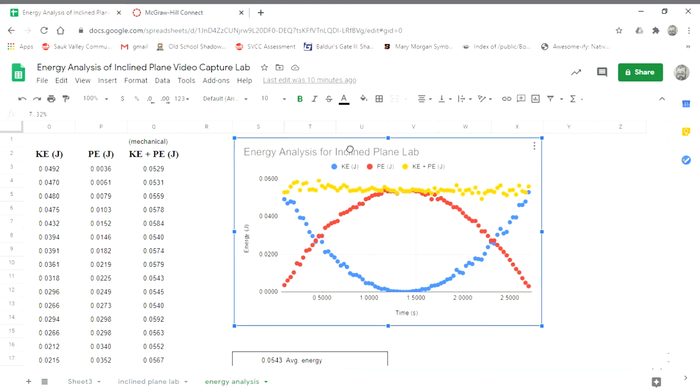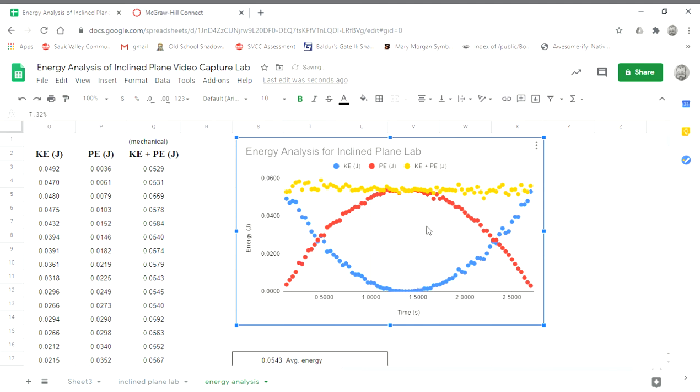Again, your graphs will look slightly different because of the different shape of the track that you're using. However, when you compute kinetic and potential energy, you should see them add up to a number that's approximately constant. And again, you're going to have to do this twice, one for each marble, because each of them is following a slightly different track, but hopefully this gives you a good place to start. And as always,